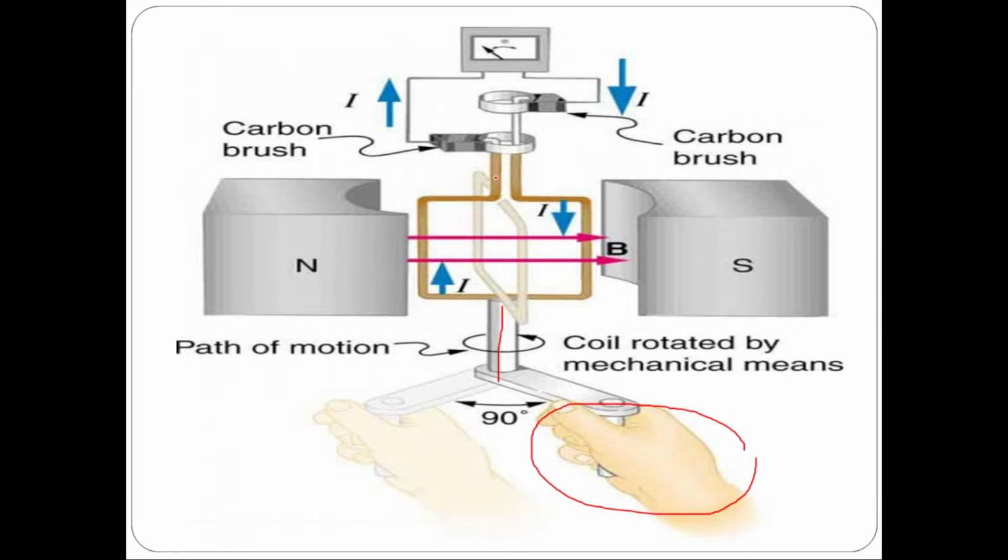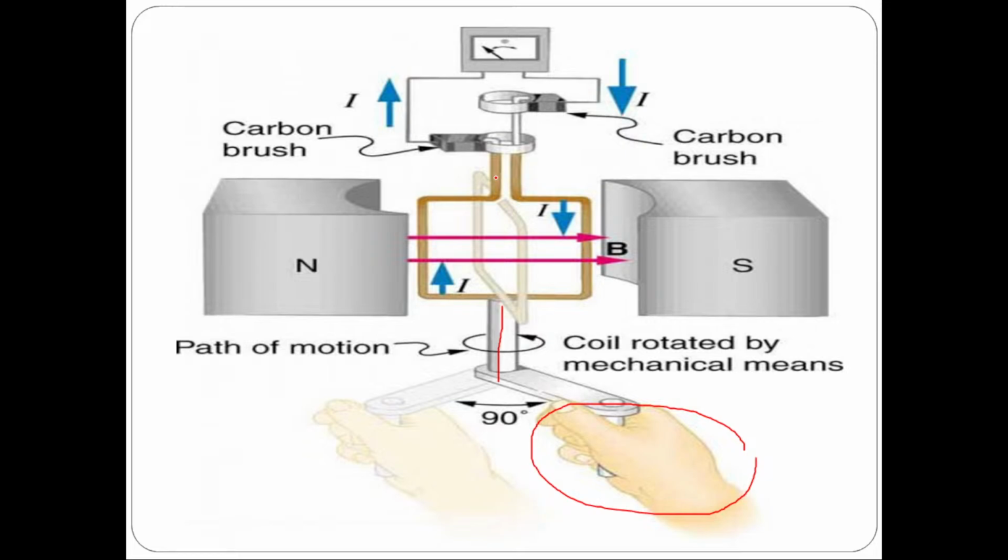Okay, so now let us see what is happening here. We are giving some mechanical energy, and what is happening when the coil is rotated in the magnetic field? EMF is induced. So if you take your right hand and keep your thumb, forefinger and middle finger perpendicular to each other,